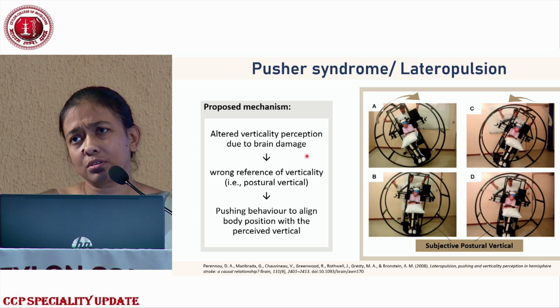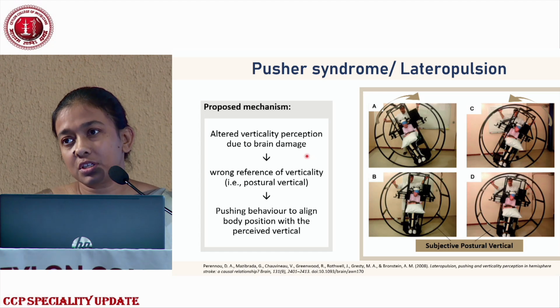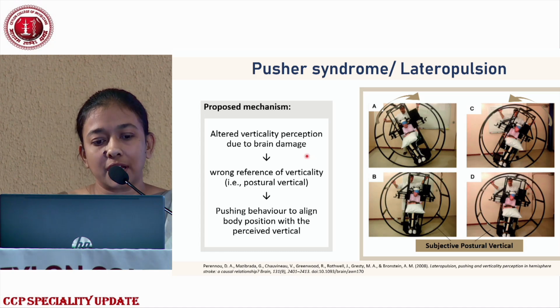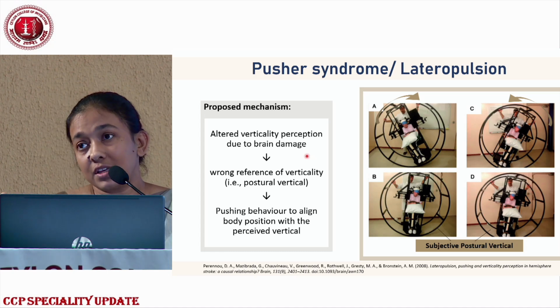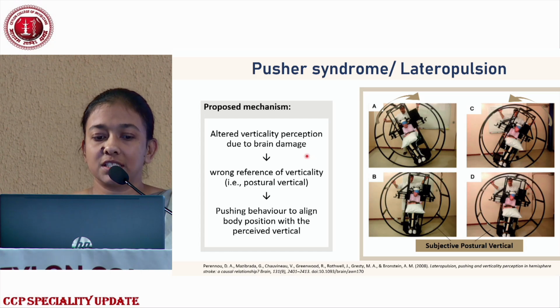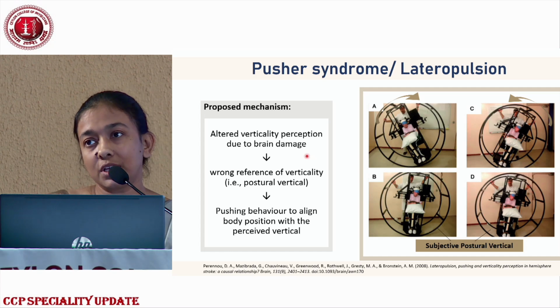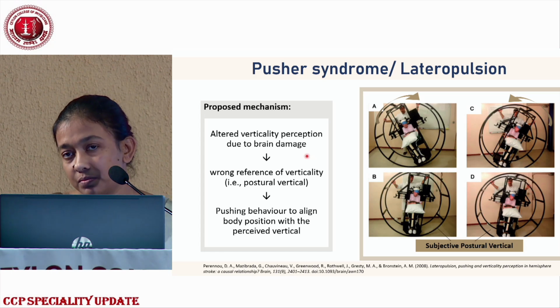And they also go on to hypothesize that graviception, or verticality perception, as a function of the brain, is lateralized to the right hemisphere. Anyway, with the wrong reference of verticality, that is the postural vertical, the patient actively pushes to align the body position with the new perceived vertical. So that's the mechanism that they